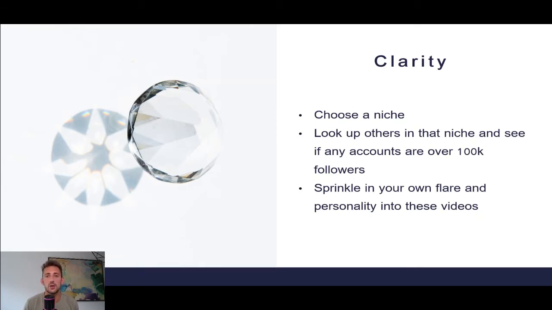I knew I wanted to be in the marketing world, and then I just went into the app and I saw what are other people doing, what size accounts are there. And we'll talk about this a little bit more in the content section, but you're not going to be 100% stuck with this niche once you start. You can kind of pivot a little bit, and you won't need to create 100% of your videos related to this topic. You can have a few videos sprinkled here and there to really just show your personality, show your flair, but for the majority of the time, you will be focused on this one industry, on this niche, on this specific topic. So I like to start with clarity because it's going to impact the username that you choose,